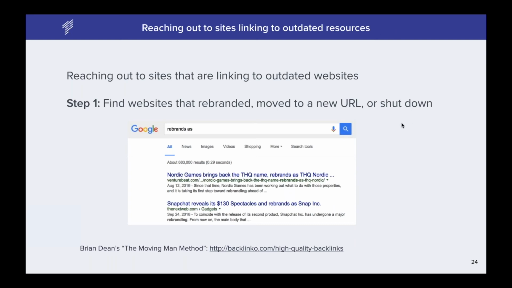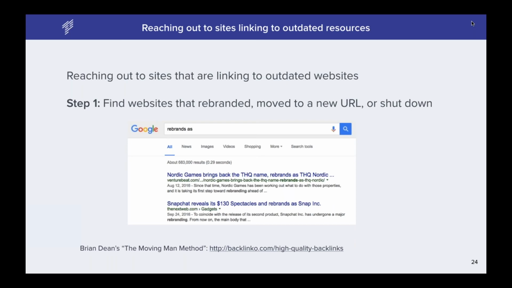Sorry, I just had a message pop up, but I see everything is good. I thought there was something wrong with the sound, but I think it's fine. If something is wrong with the sound, again, please let me know. Yeah, I of course lost my train of thought, but I think I was talking about setting up Google alerts for that.